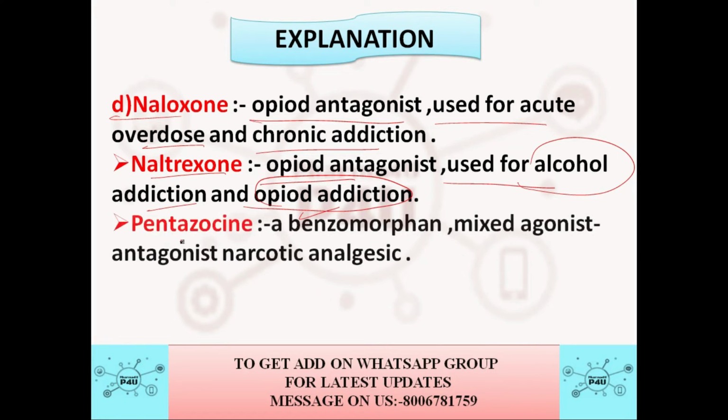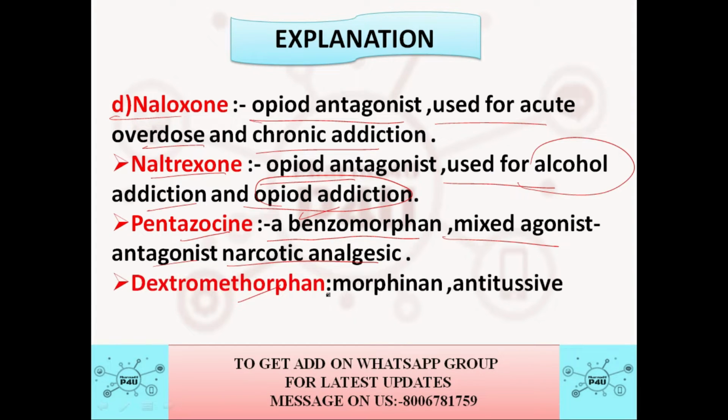Next one is pentazocine. Pentazocine is a benzomorphan mixed agonist-antagonist narcotic analgesic, and dextromethorphan is a morphine derivative and antitussive. So students, just try to note down each and every drug with their specific properties. Moving on to the next question,